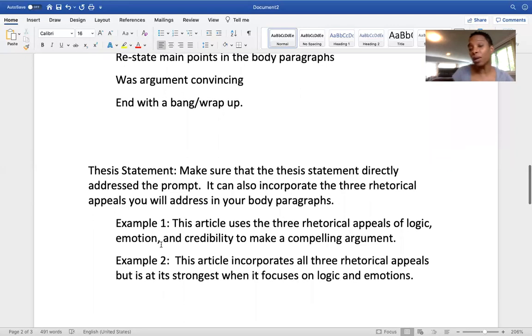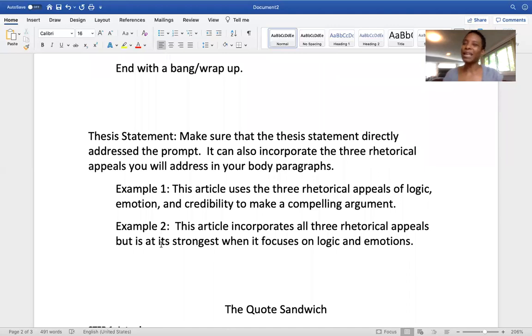I can also complicate it. So say it makes a compelling argument, and it does a good job with logic and emotion, but not so good with credibility. I can say that this article incorporates all 3 rhetorical appeals, but is at its strongest when it focuses on logic and emotions.